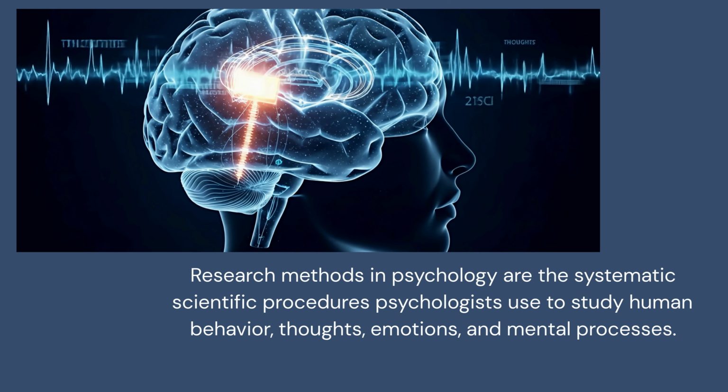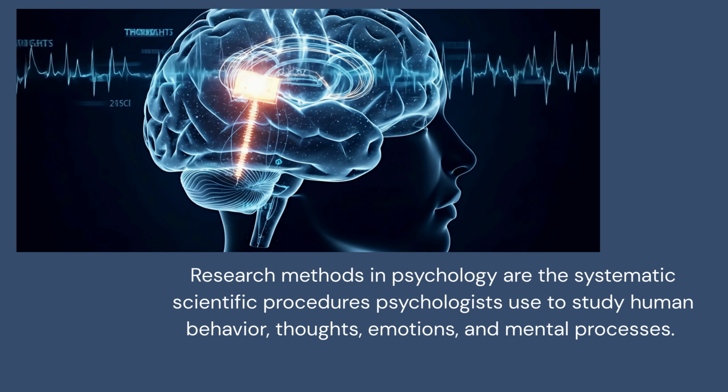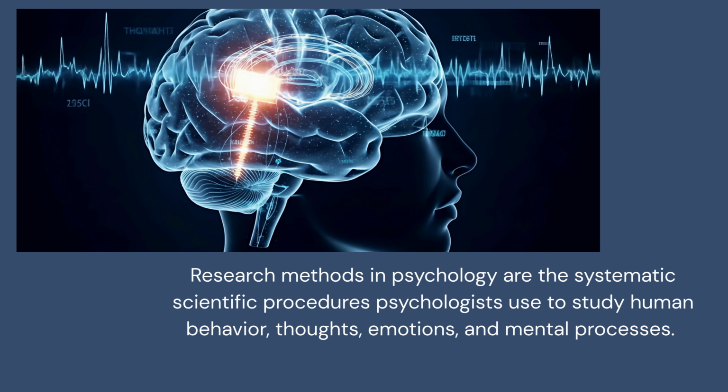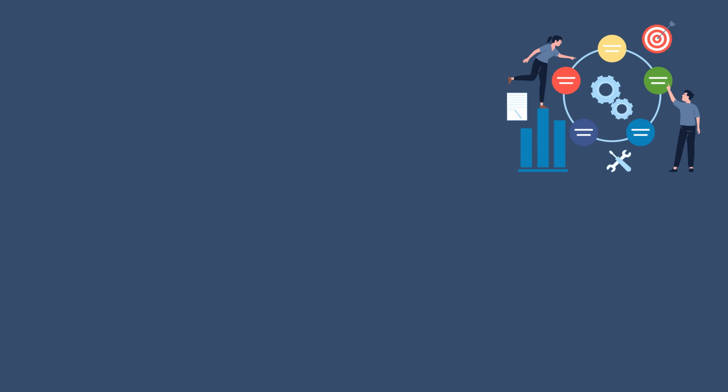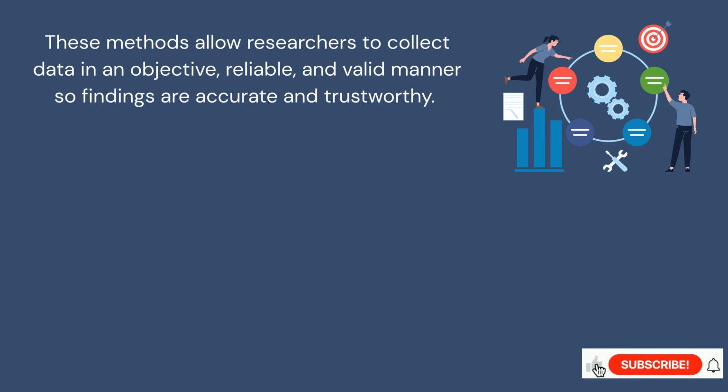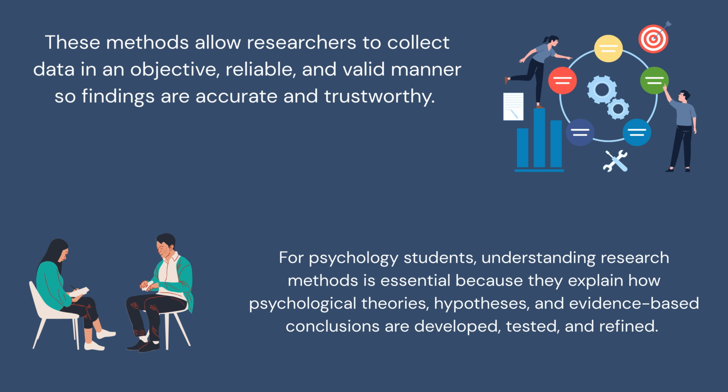Research methods in psychology are the systematic scientific procedures psychologists use to study human behavior, thoughts, emotions, and mental processes. These methods allow researchers to collect data in an objective, reliable, and valid manner so findings are accurate and trustworthy. For psychology students, understanding research methods is essential because they explain how psychological theories, hypotheses, and evidence-based conclusions are developed,